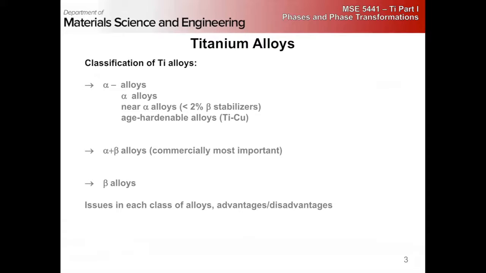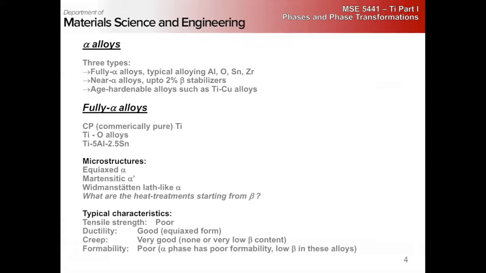Right? But he doesn't talk about alpha plus beta alloys. He just says alpha and beta, right? Like he just lumps the alpha plus beta alloys into beta. So that's one thing to make a note of. So we can break the alpha alloys down into fully alpha alloys, near alpha alloys, and these age hardenable alloys, such as titanium copper. Okay, so fully alpha alloys are going to be commercial purity, the most common being grade 2